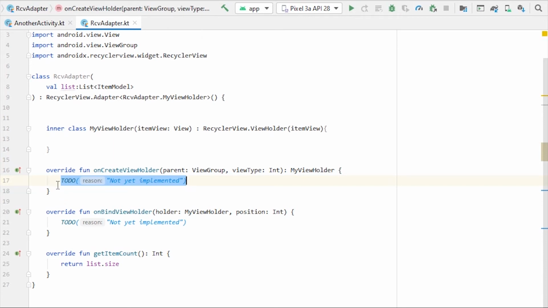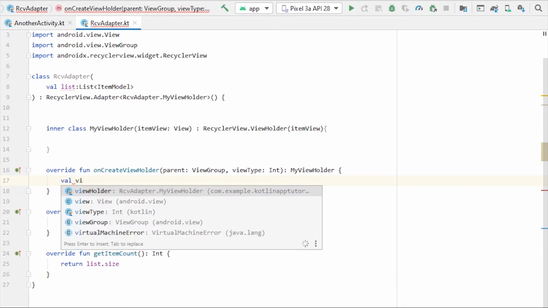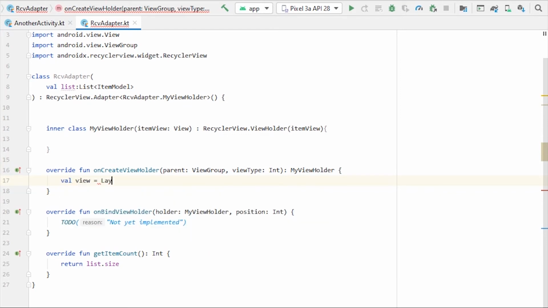And in onCreateViewHolder, now we have to create a view first. So let's take a variable for view equals to LayoutInflater.from. Now we have to give the context as a parameter, but as it is the adapter, not an activity or a fragment, we cannot directly get the context. So to get access to the context, we can use this parent, which is of type ViewGroup. So let's just write parent.context, and then from